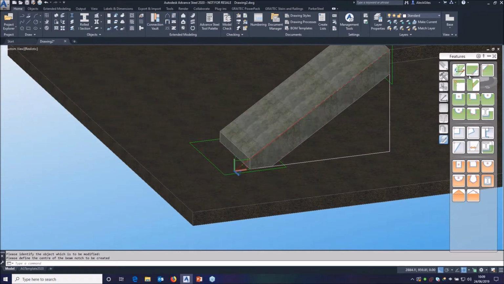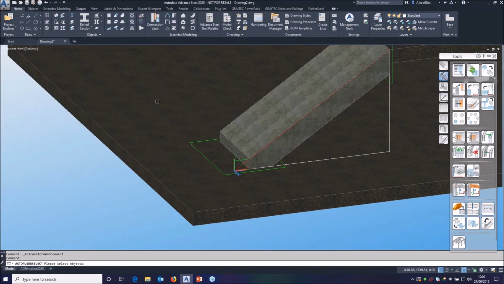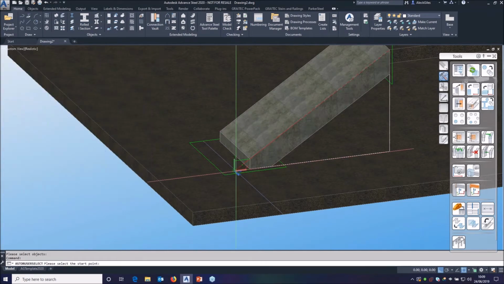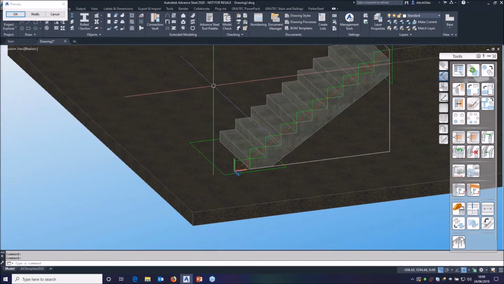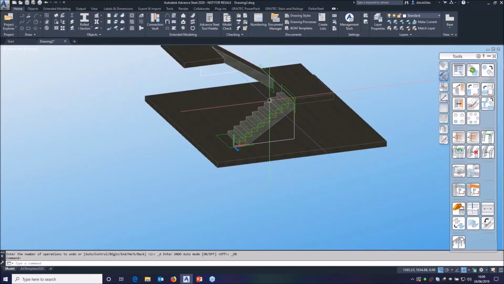That's one tread. Then we can use transform elements on that one step to cut the rest of the treads. Simply a rectangular pattern or copy with that transform elements. Repeat that on the other